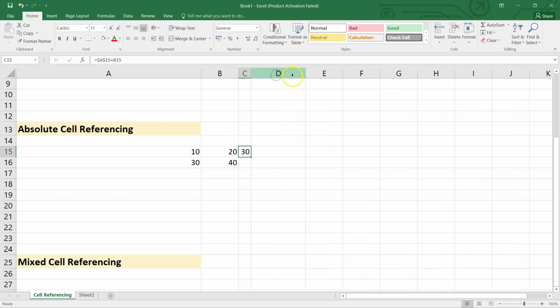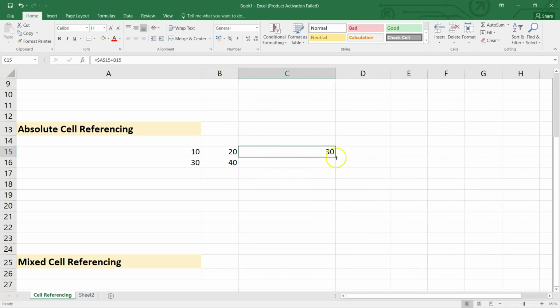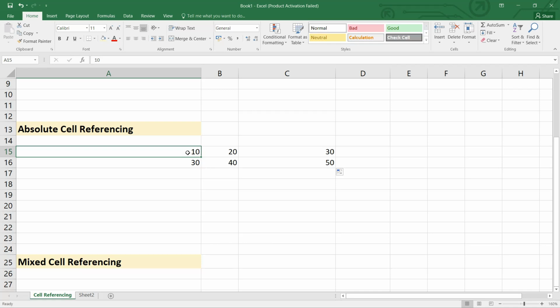What happens if I copy this particular cell to the next one? It will change to 50. What is happening over here? The 40 is getting added to 10. Why? Because my A15 is fixed. If you see here, A15 is fixed, only B is changing.